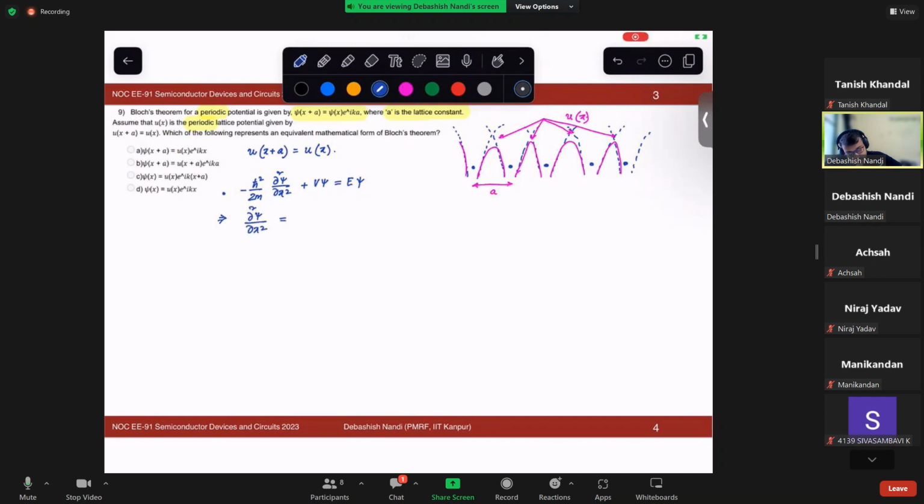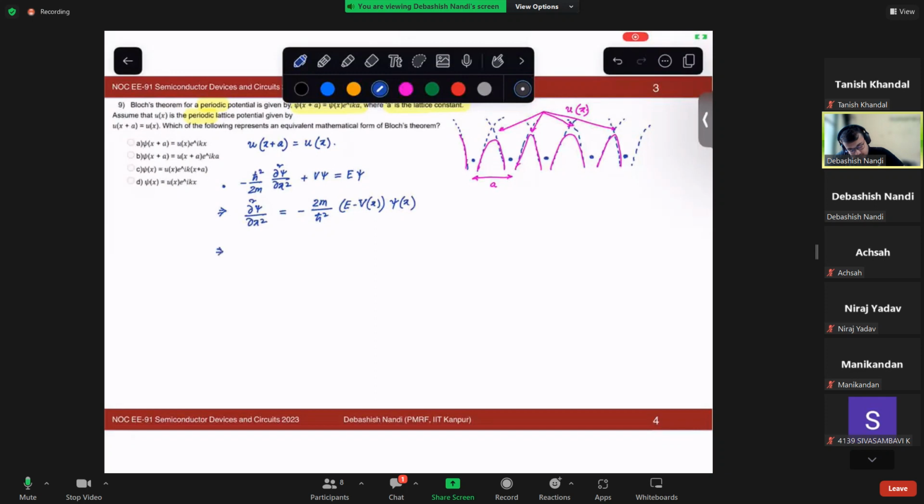We will have d squared psi by dx squared equals minus 2m by h-bar squared, times E minus V of x, times psi of x. V and psi are all functions of x. Can we write it in this form, where f of x is